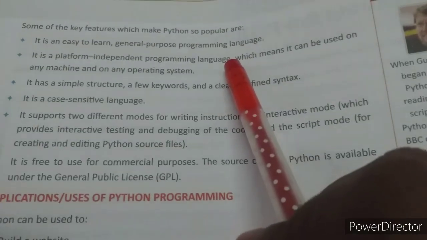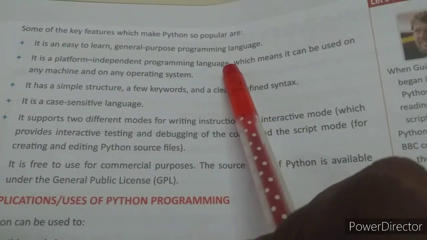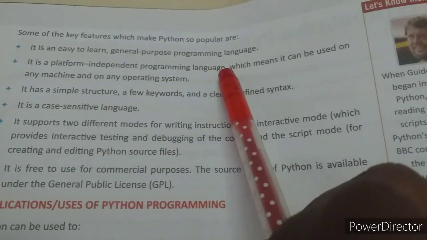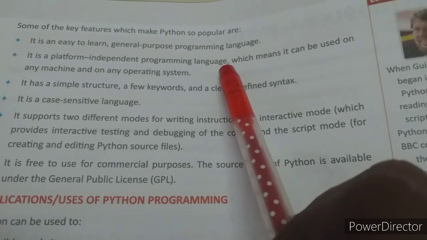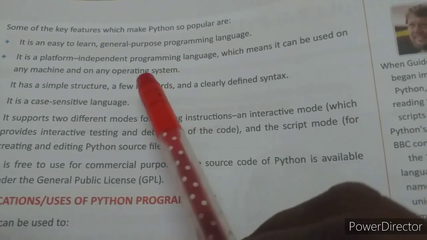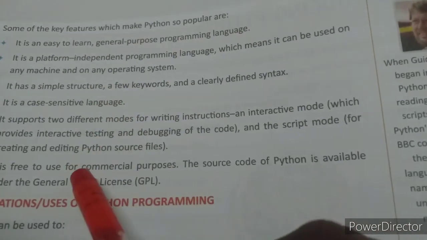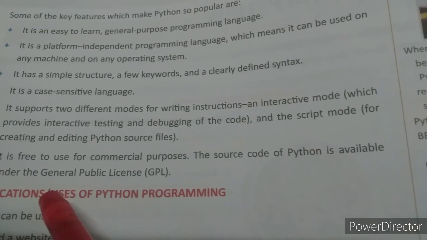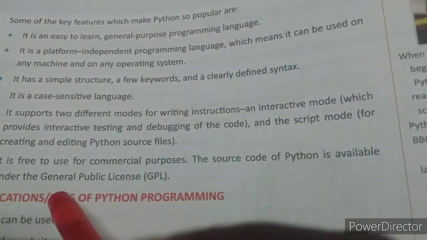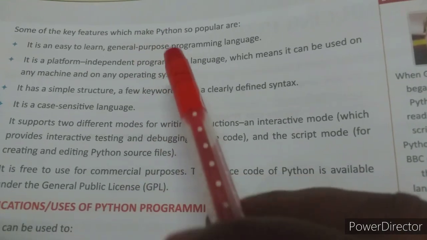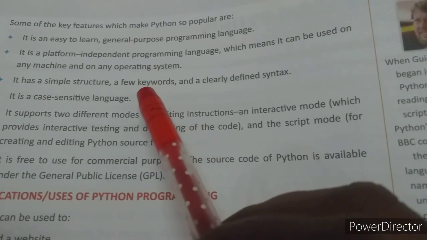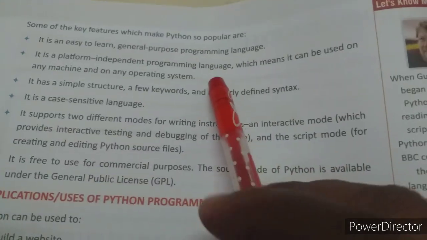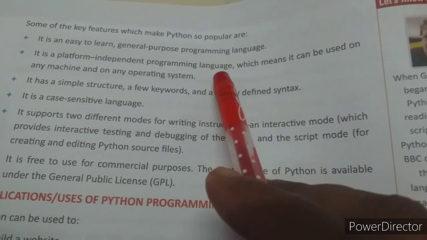What is the meaning of platform independent, children? Independent means it will work on any operating system. What is the meaning of operating system? As you all know, Android OS, Apple iOS, like that, different operating systems are there. Operating system means it is an interface between the user and the computer. If you switch on the computer, after that, the OS will be loaded into our system. OS is nothing but operating system. Generally, in systems, Windows will be open. Most will use the Windows operating system.